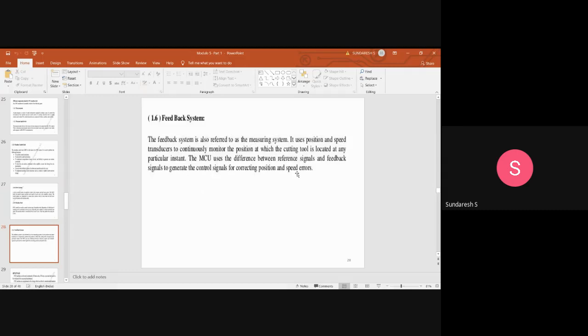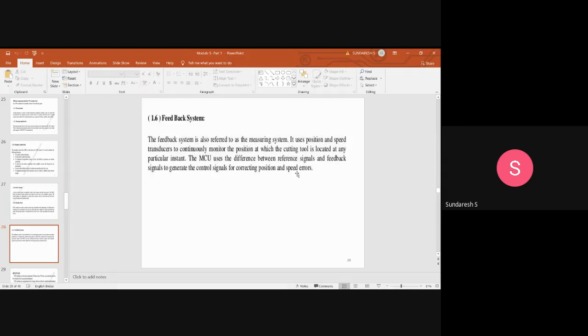It uses position and speed transducers to continuously monitor the position at which the cutting tool is located at any particular instant. The MCU uses the difference between the reference signal and the feedback signals to generate the control signals